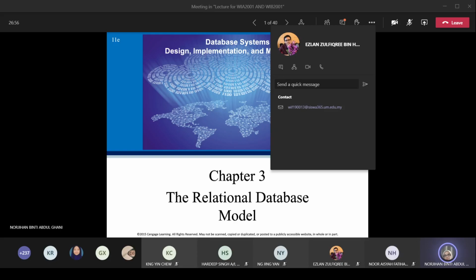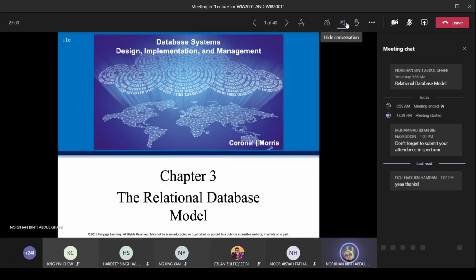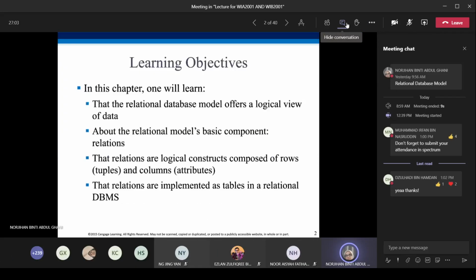Chapter 3, the relational database model. These are the learning objectives for this chapter. You will learn the relational database model, which offers a logical view of data. It is not a physical view, but a logical view of data.